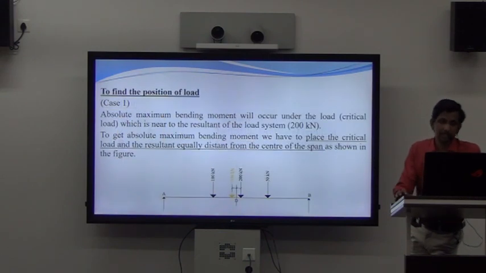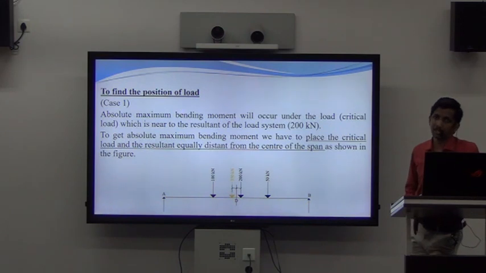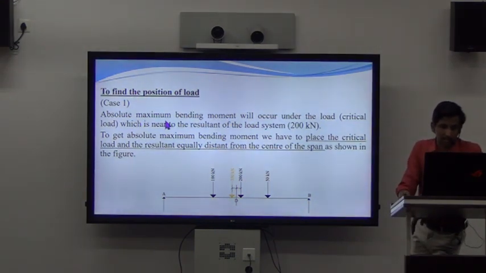Now let's proceed further. Now we are moving to each of the cases. In the problem, there were two cases. In the first case, we were supposed to find out absolute maximum bending moment. So let's see that. As we have seen earlier, in the next step we will have to finalize the position of the train of loads on the span of the beam. Since in this particular case we are supposed to find out absolute maximum bending moment, we need to satisfy a condition. Absolute maximum bending moment will occur under the load which is near to the resultant